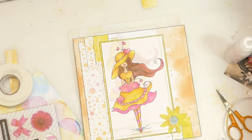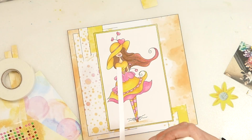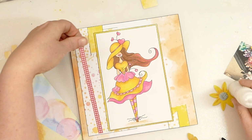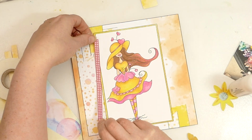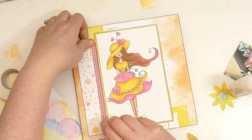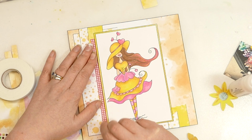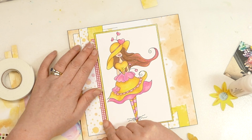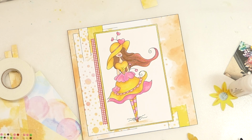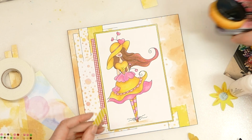Okay, I'm just going to pop out a few bits. I've grabbed a few little bits from that pad, just from my little bit box that sits by my table, and I'm just going to layer bits and pieces up, and we'll just see how we get on. I was thinking this would be quite nice, but I sort of want to tuck it behind there a little bit. I have some other little bits and bobs, but they're not quite the right shade of yellow,